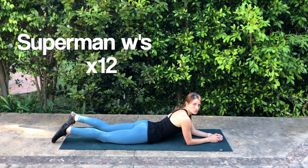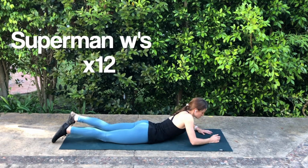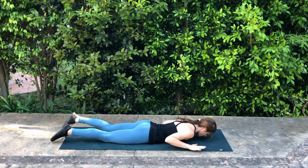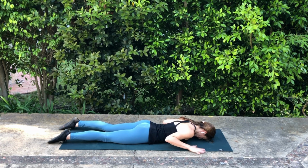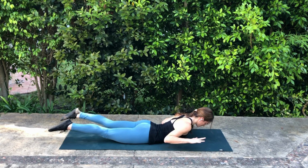Superman W's. So you're going to start lying on your stomach. You're going to take your arms into a W shape, resting that forehead on the mat. Hands are at about shoulder height. You're going to inhale here, exhale to lift the limbs a few inches off of the floor, and then reach